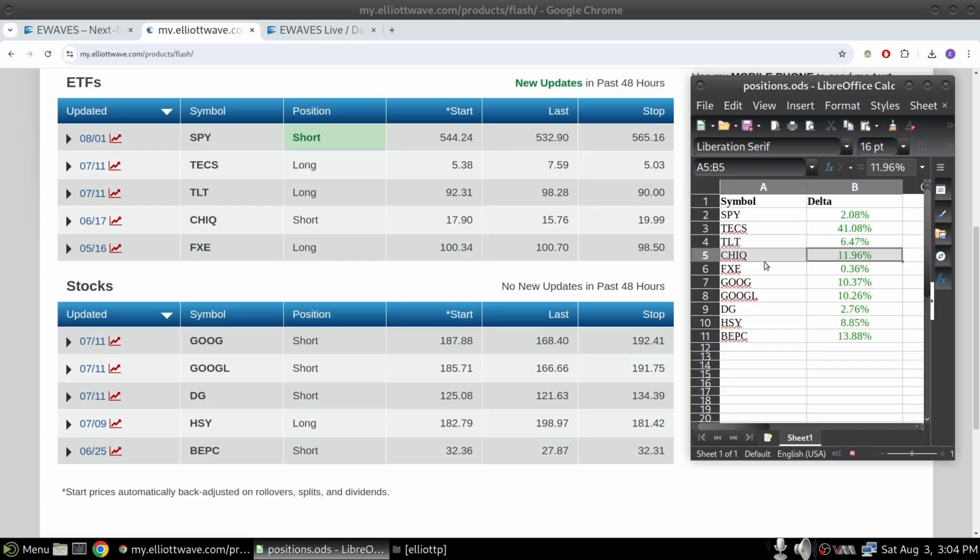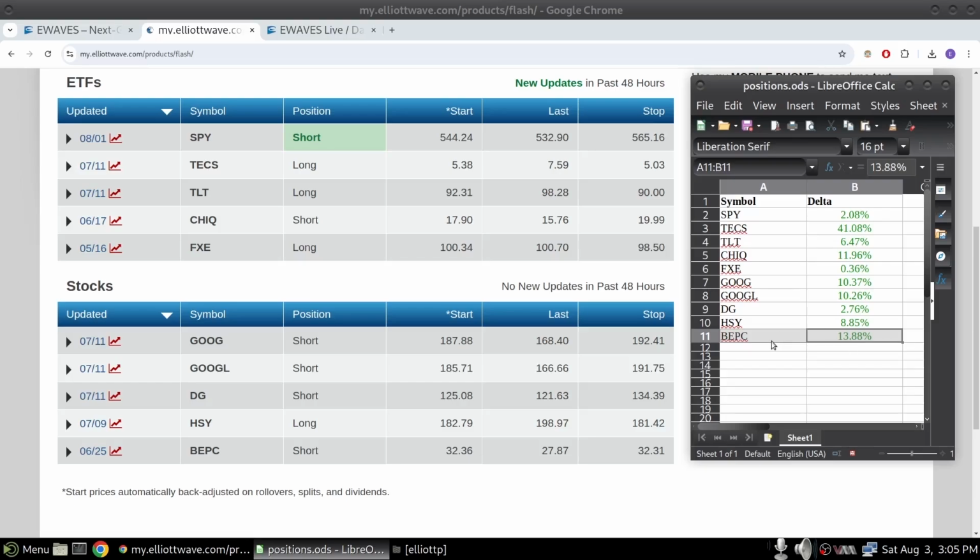We're also inverse China. We've got a minor position here on the euro. These, of course, are tech stocks that are highly correlated with the NASDAQ 100. And then some smaller positions here. HSY is kind of notable, first of all, because it's a chocolate company, Hershey's chocolate, which is always delicious. But also, it's actually moved inversely to the market. We've seen a big decline, and this was actually a long recommendation that has continued to climb higher in spite of the recent sell-off. And then finally, this symbol BEPC we talked about last week, which involved that really cool